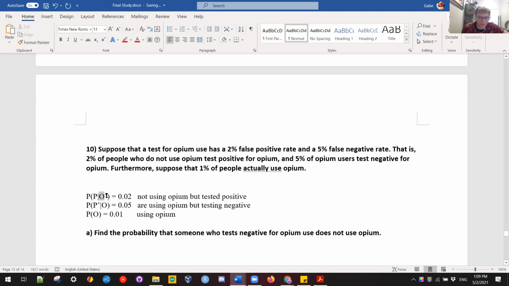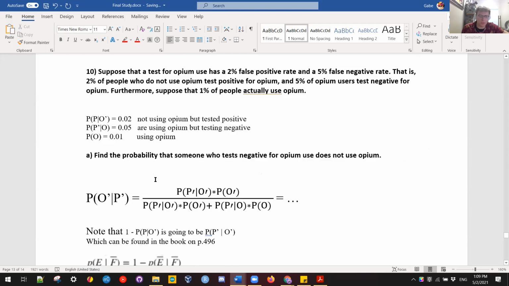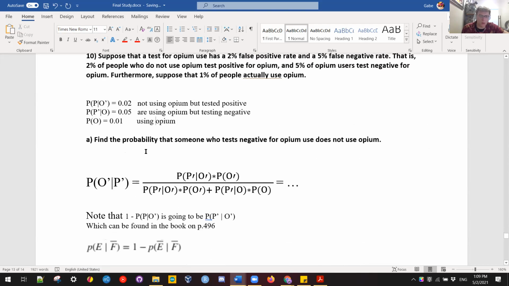So given that they don't use opium, what is the case that they are positive? And given that they are opium users, what is the case that they test negative? So right here, given that they're opium users, and they test negative. So cool. So with that, you want to also keep in mind, before we get into this whole thing, 1